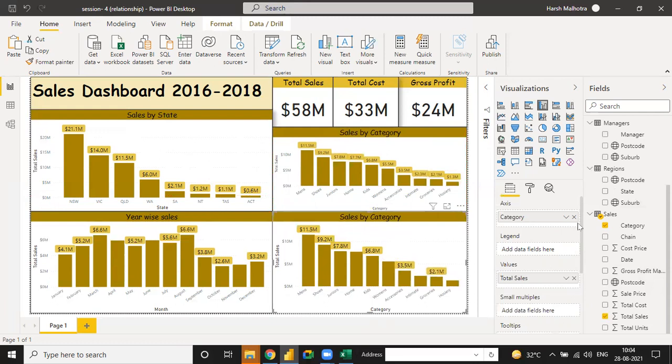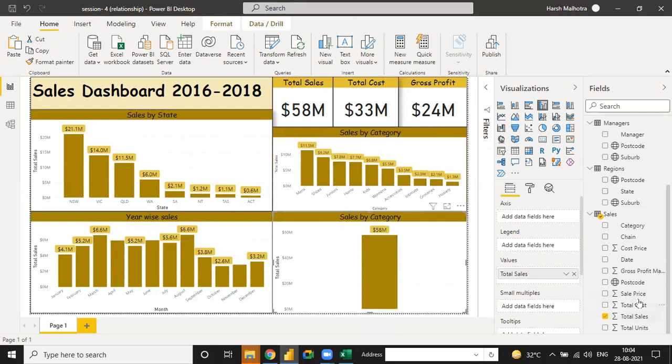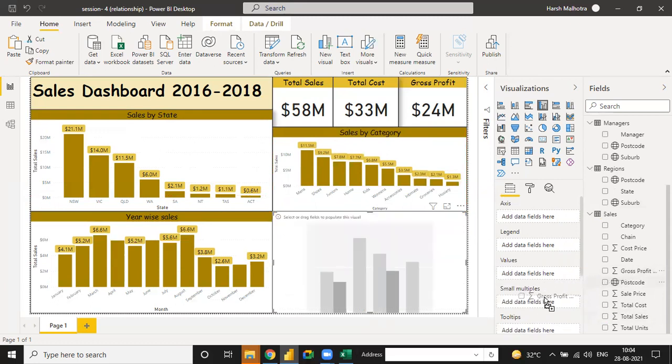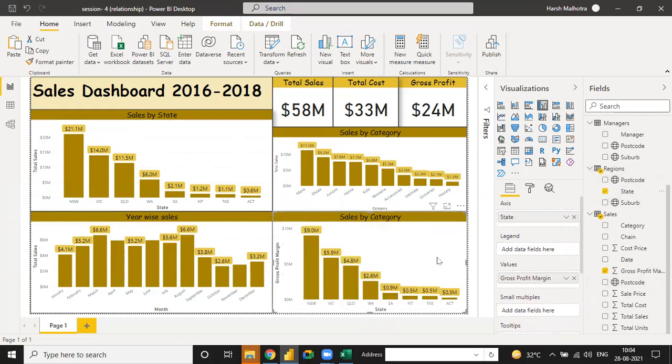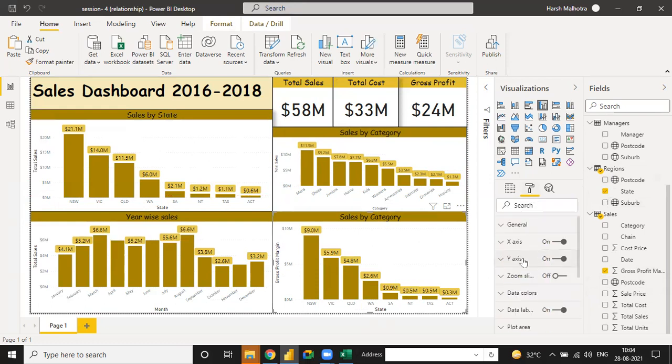This time we are not using category, we are using total sales. No, we are using gross profit margin and by state. See, state-wise gross profit margin. Okay, so now we are using this title, gross profit margin, and under this we are using one conditional formatting.